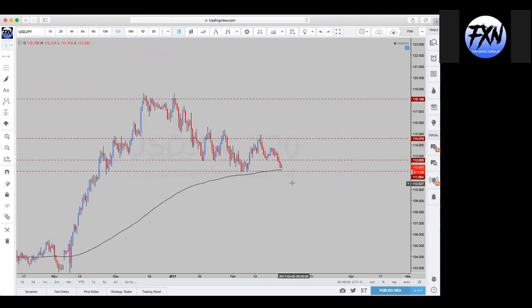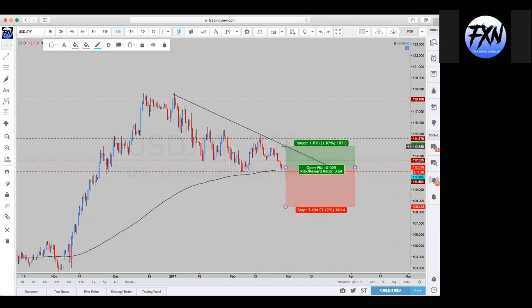Okay. Another thing that you can do is you can just draw a trend line, just like that. And even with that trend line there, let's just say you go up to the trend line. Depending on how this plays out, you could potentially still get a 2-to-1 risk reward ratio, even if you just play it safe to the trend line. Because if you look to the left,